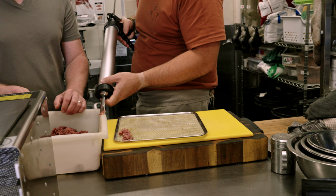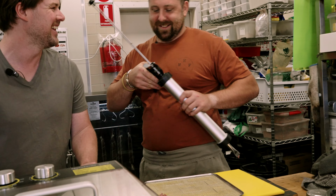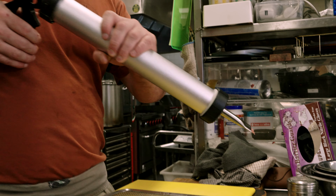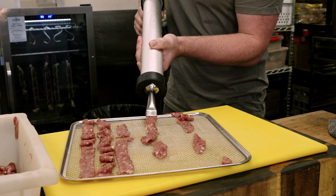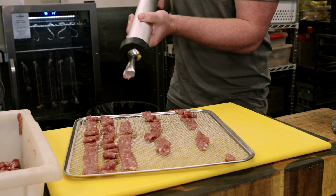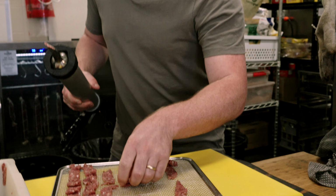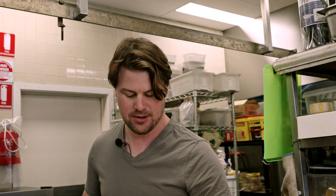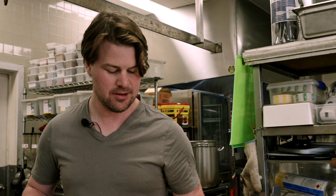If it doesn't come out right, well, it's just mince. You just pop it back in again and restart. It's not as easy as it looks, is it? The problem is the pressure is not enough to...